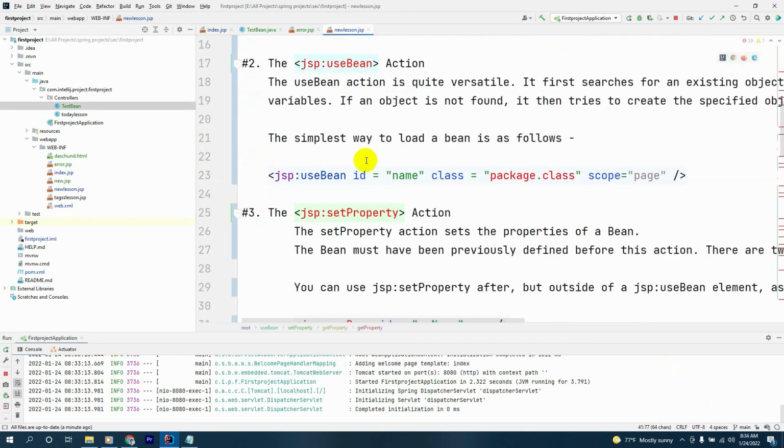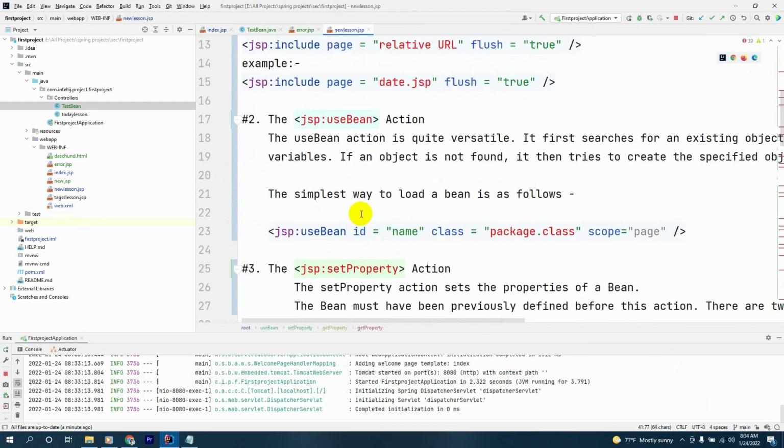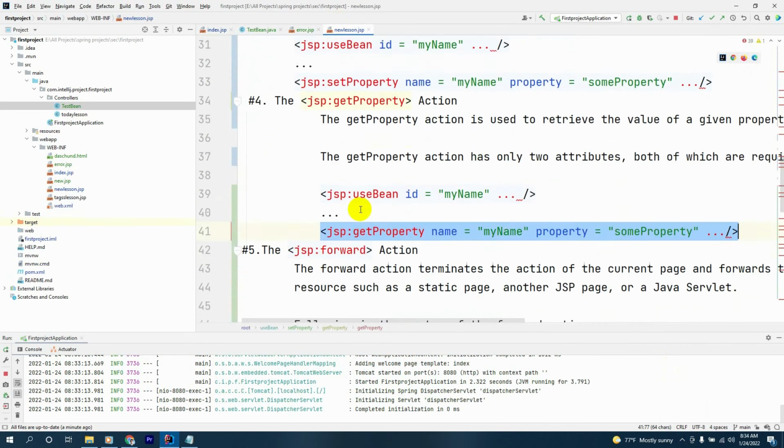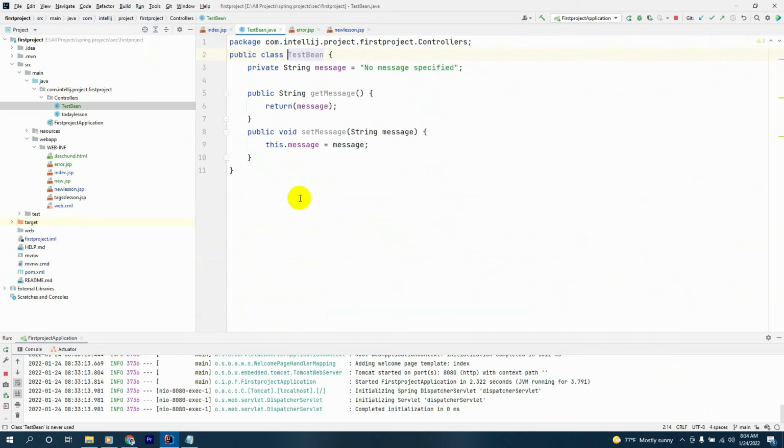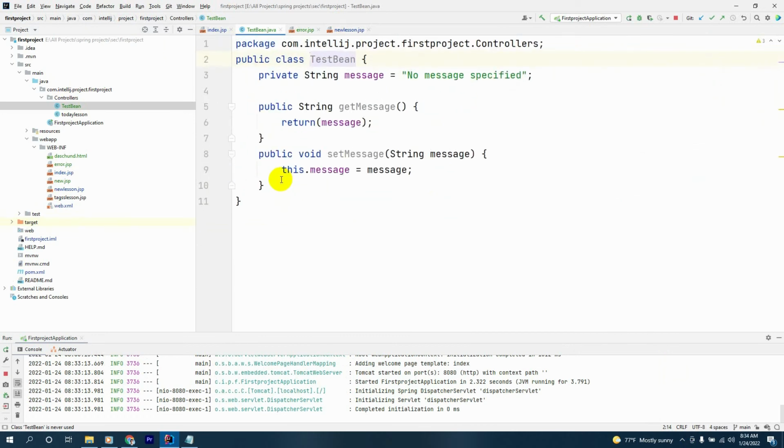Now what we'll do is we'll see an example for use bean, set property and get property all in one. I have created a test bean class inside the controllers. Actually it shouldn't belong to controllers, but I've just made it for this example. Inside it we say private string message with no message specified as the default message, and we made a public string get message method which returns the message, and finally we have made a public void set message, a setter for string message to